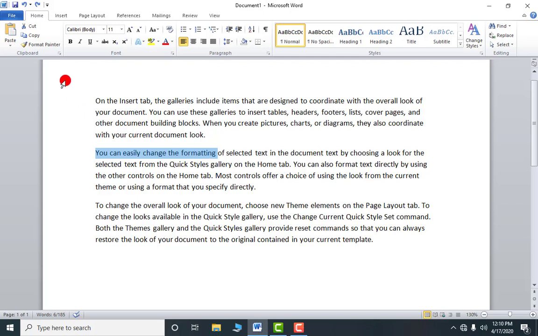Okay, now copy. Look, as I click on copy, you will not see any change, but your text is copied. Now you have to click where you want to keep it. So I am keeping it here. Now I have to click on paste. Look, now this text is available here as well as here also. That is the use of copy paste.